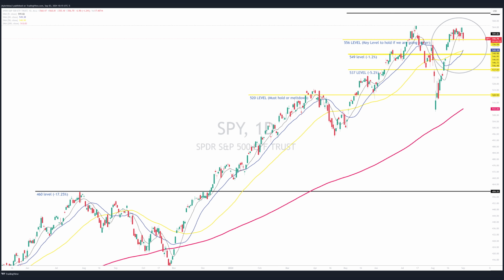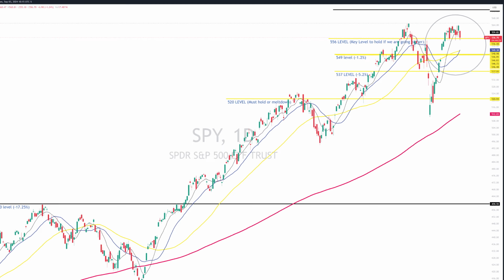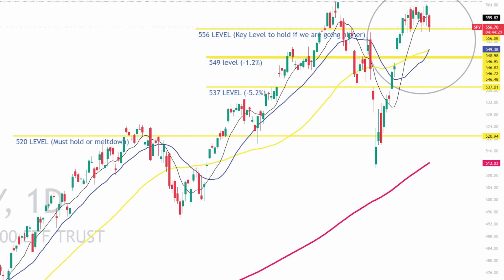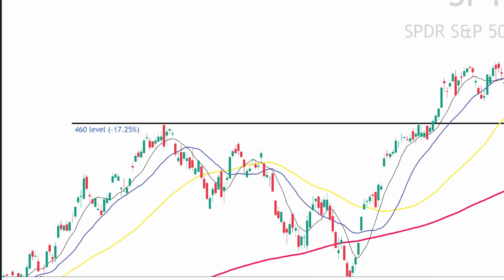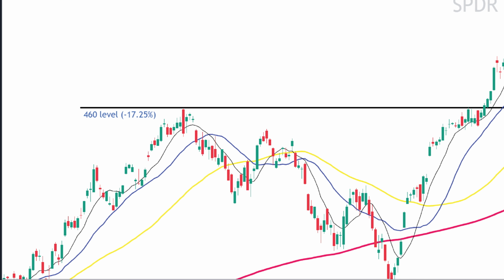If we find ourselves in a solid market downtrend, we could then visit this 520 level. And that, of course, is going to be significantly lower than where we're at. And we, of course, do think that that's a possibility. Lastly, over the course of the next 3, 6, 12 months, if the market does enter recession, I would expect us to be looking to this 460 level, which is 17% below where we're at today. And if you're wondering if that's possible, that's very possible. We've seen days, not days, but weeks where that was achieved in a short amount of time. So we will remain prepared for bearish activity.